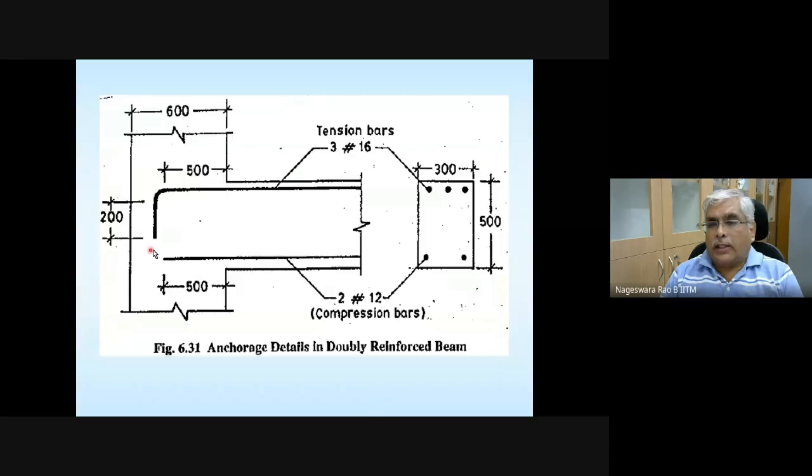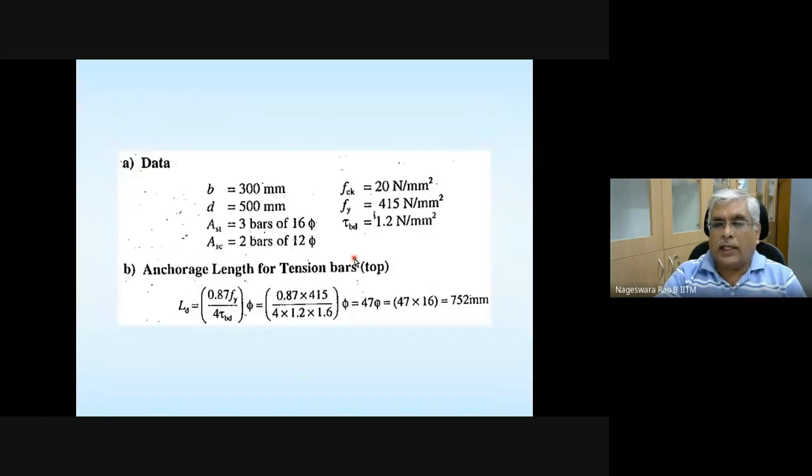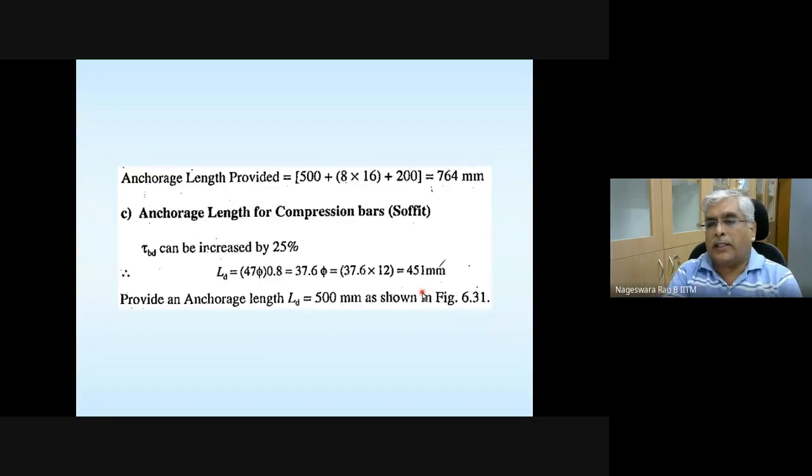So this is what. Anyway, we already discussed a similar kind of thing. You can actually go through this workout, and I think with the explanation that I gave you, how to do a 90 degree bend and then compensate for the anchorage length, all those details are given here. You can go through it. Okay.